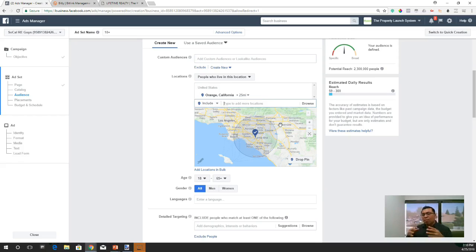So we want to be very, very focused. There's a higher chance that people that live within this area want to move to the same area versus other people. Again, it all comes to your budget. If you have a big budget, then go ahead and use a bigger range, because then you'll be able to attract more buyers. Because, hey, there could be a person in West Covina that wants to move to Anaheim, or